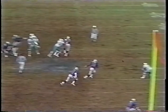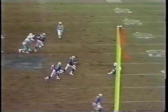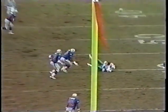It might be his knee, Beasley. Okay, let's look at his left knee, right side of the screen. It looks like he may have folded over the top of his knee. It looks like a guy comes down on it. Look here, see the Patriots. Oh my goodness. Vincent Brown has a knee on one leg and he hits the other, and he may have stretched the groin area of Keith Jackson beyond the natural limit, and maybe that's what happened to him. So Keith Jackson comes to the sidelines,